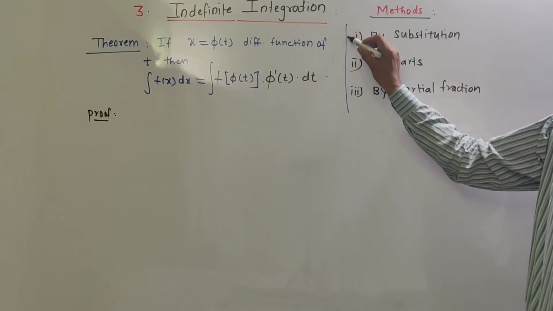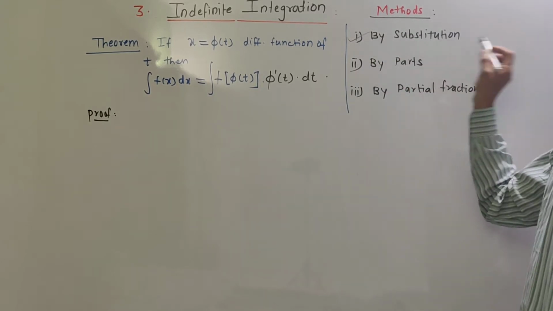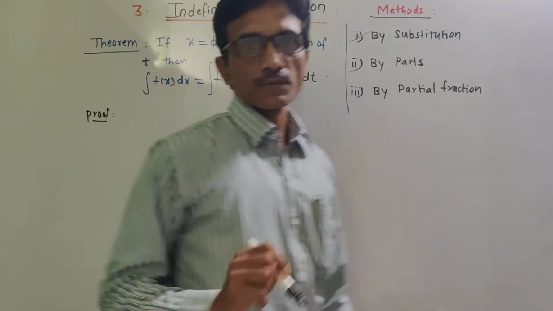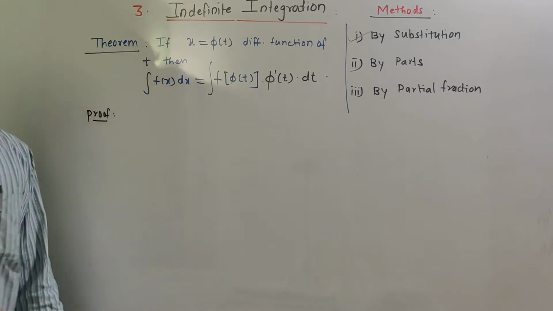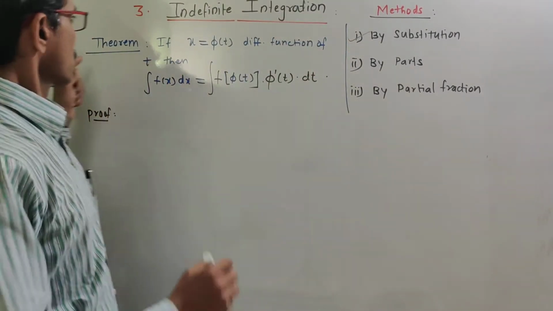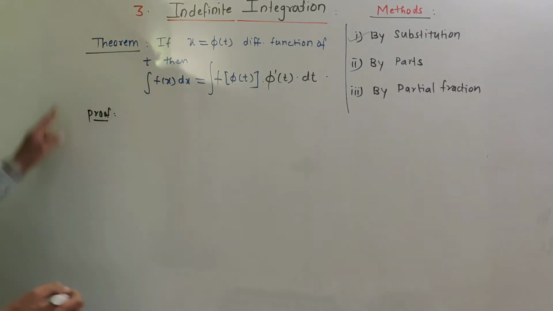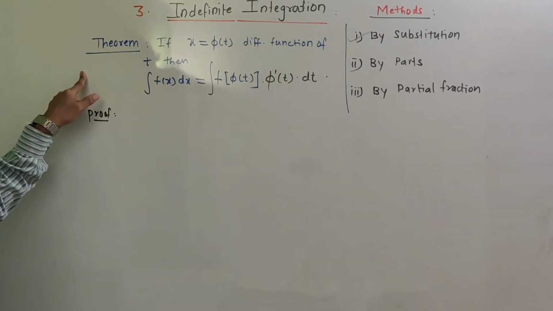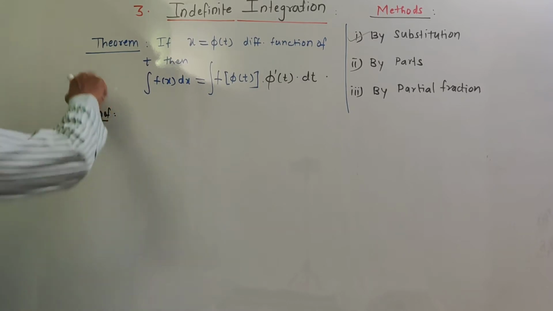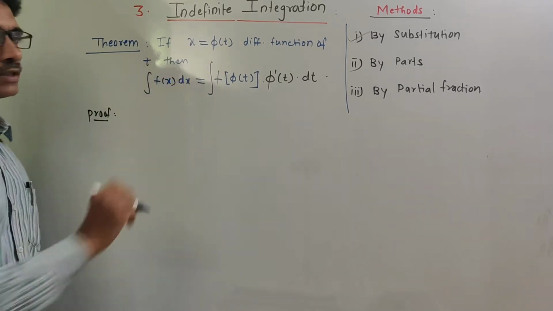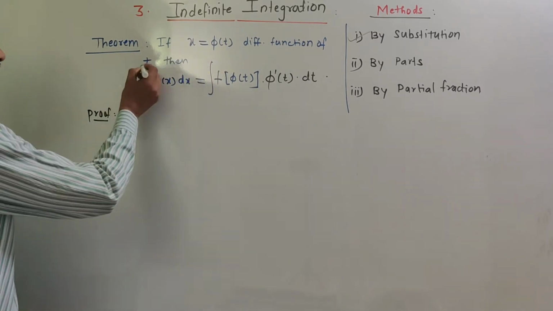So the first method is integration by method of substitution. So what is the method of substitution? Before starting this, we will see the theorem on method of substitution. This theorem is very important from the exam point of view. So the theorem is this: if x is equal to phi of t is a differentiable function of t,